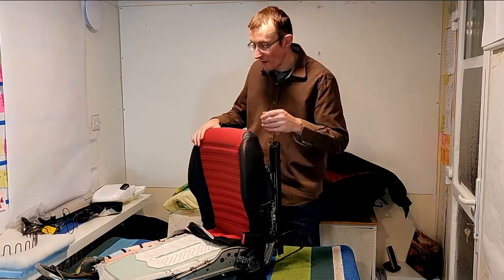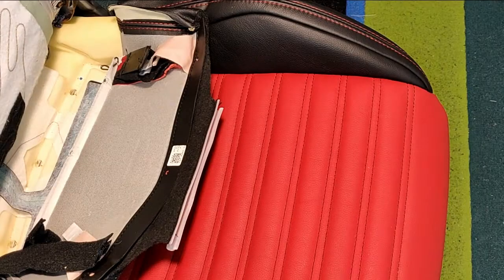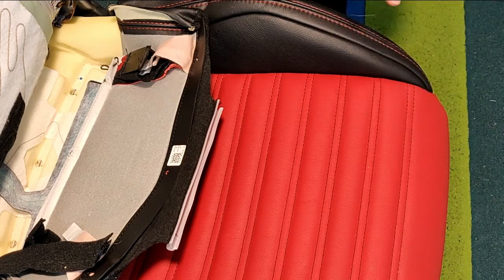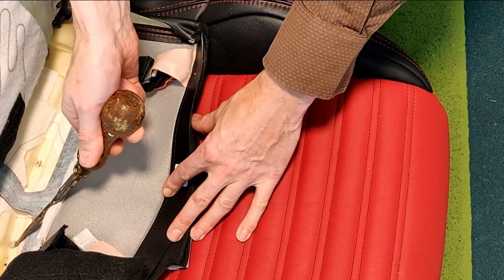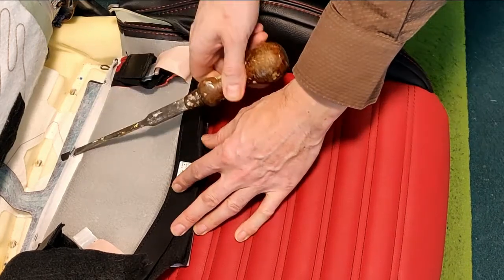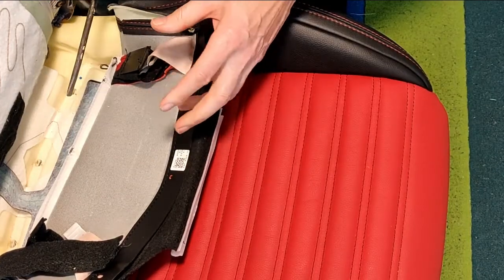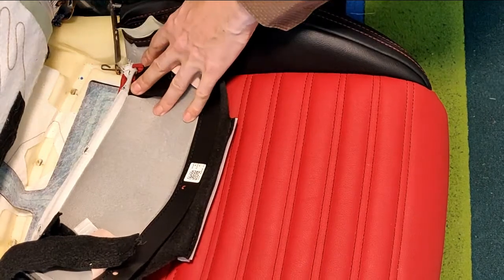Okay, so now we're ready to take out the hog rings. So let's have a look at the hog rings that keep the seat cover tightly bound to the foam on the bottom. There are two rods, one encased in the sponge of the seat base and one sewn into the seat cover. And the hog rings literally bind those two rods together so that they won't move while you're wriggling around on the seat. Here's a hog ring